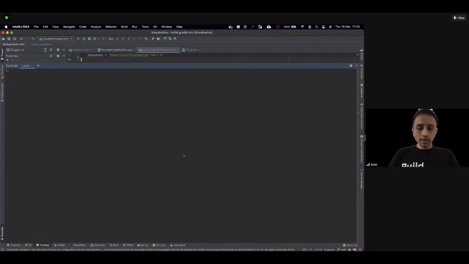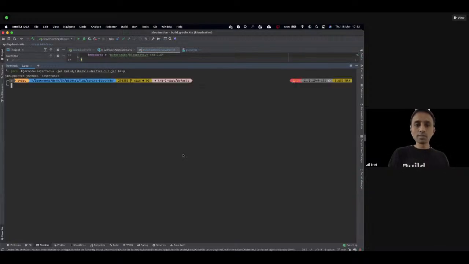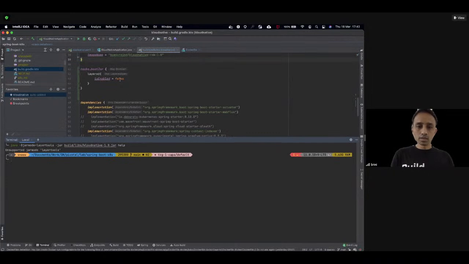and then if I do java -Djarmode=layertools -jar, this is in order to look into the different layers that are part of your jar, so you just have to issue this command, jarmode layertools. Once the layer tools is activated, enabled, then you'll be able to issue this command. So in this case, since I've disabled it, this is going to throw some error, unsupported jar mode, because it's been disabled in my jar. So I'll go and enable it. So once you enable this,